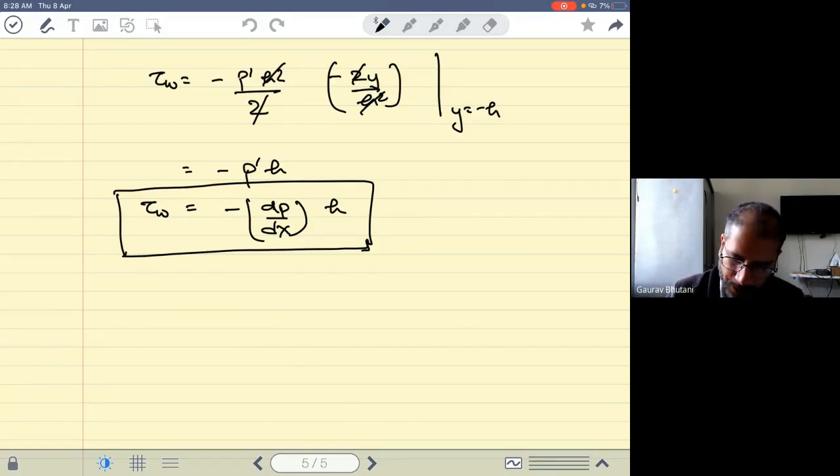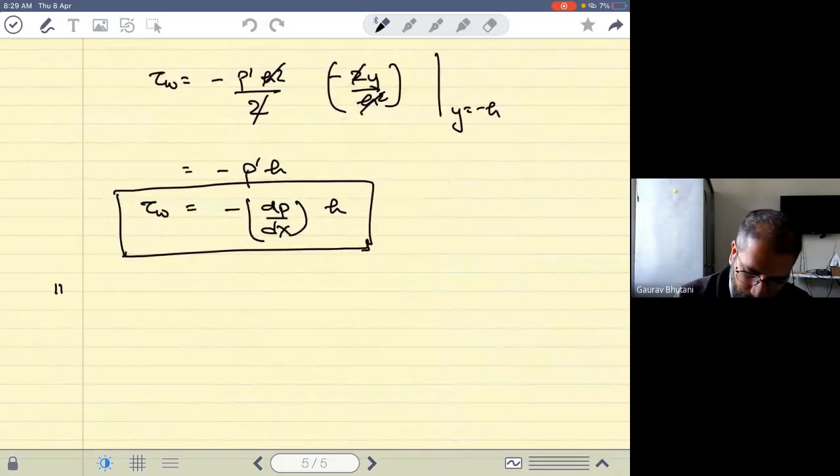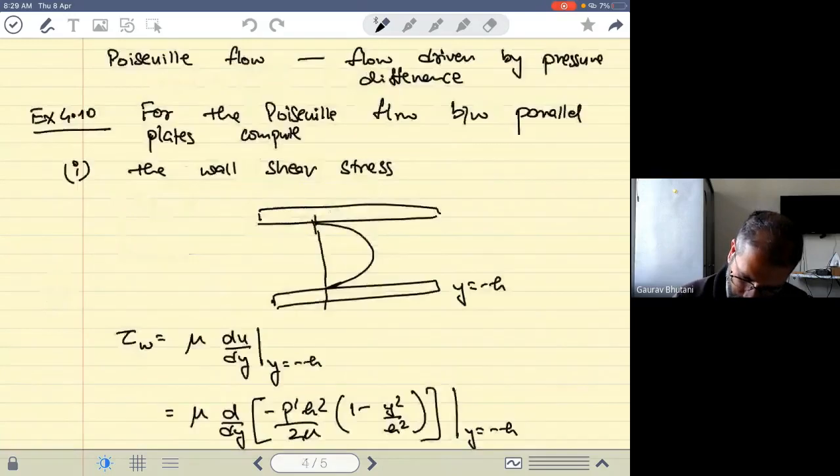Sometimes we also specify these things in terms of U max, because U max is something you can easily specify. That's the centerline velocity. You'll see people using Umax to specify rather than using dp by dx. So you can simply write your dp by dx from this relation. You can write your dp by dx in terms of Umax. So the other thing we've been asked, this is number 2, that's the stream function.